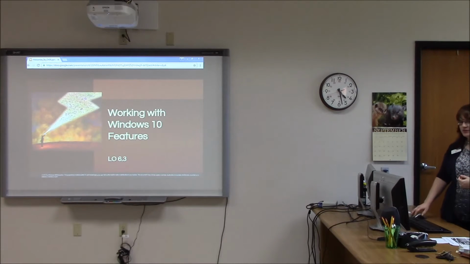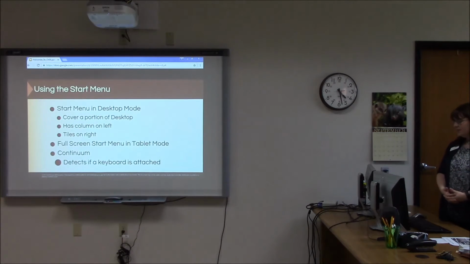Some of the features in Windows 10. The Start menu that covers up a portion of the desktop, normally on the bottom left by default. You can still have a full screen startup menu if you're in tablet mode, just like originally the way the desktop was designed on Windows 8. Or you can have what's called Continuum, which is not just a fantastic John Mayer album. It is also,